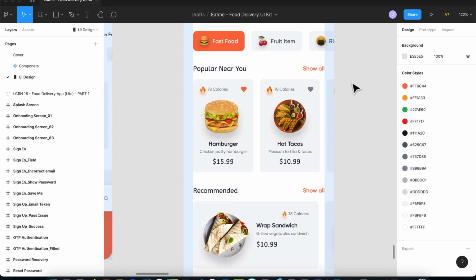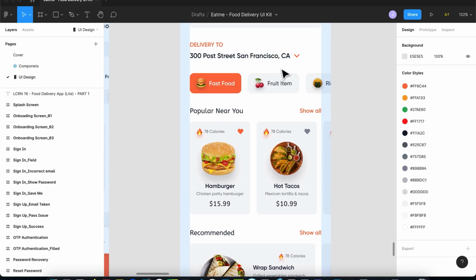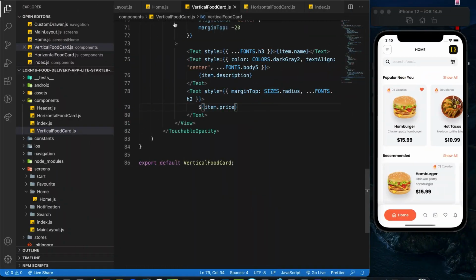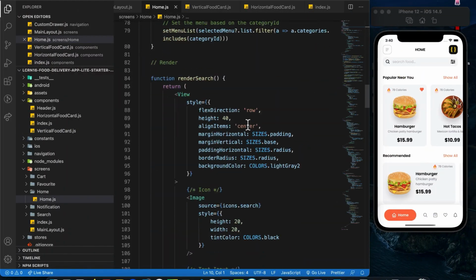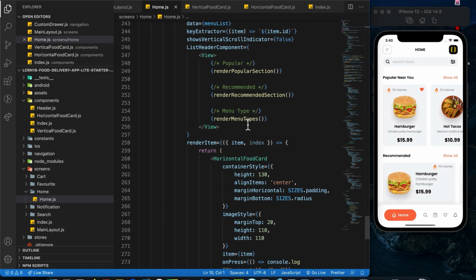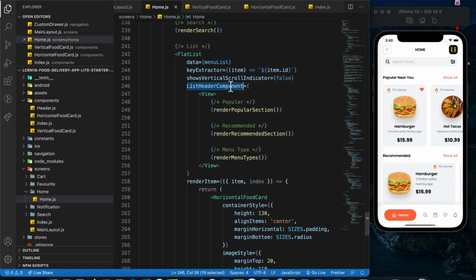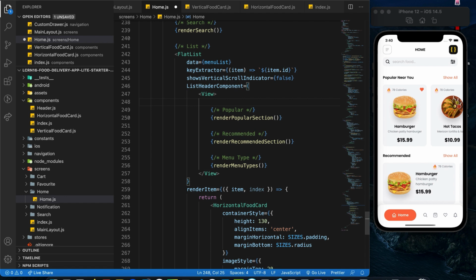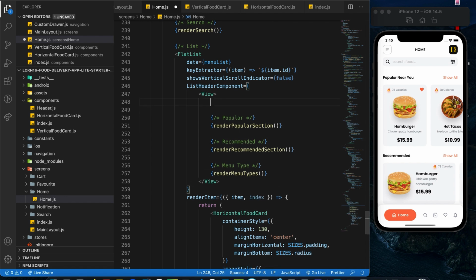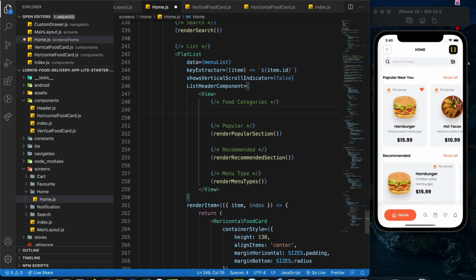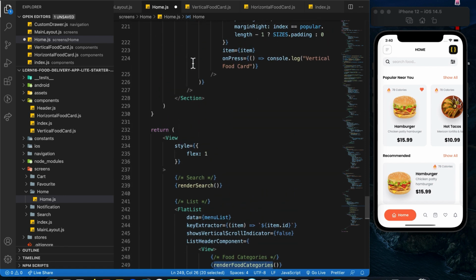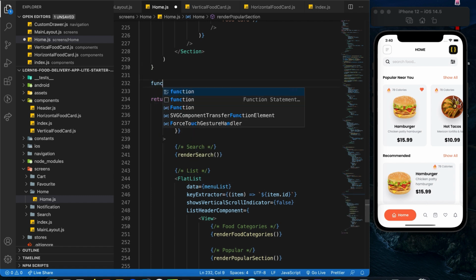Okay, next we'll move on to the food category section over here. Alright, so go back to the home.js file, scroll to the flat list. Over here in the list header component, before the popular section, we are going to render the food category section like this. Okay, and for this, we are going to render a new function called renderFoodCategories. Same thing, we are going to create this function over here. So function